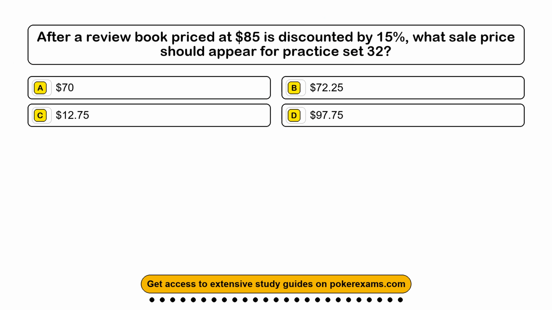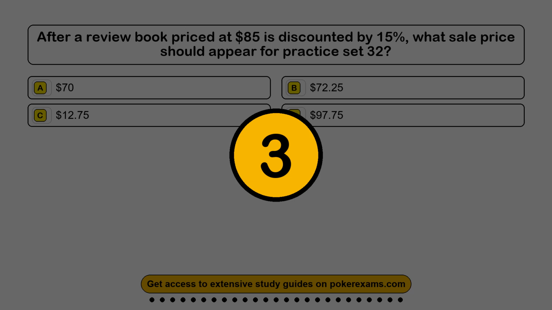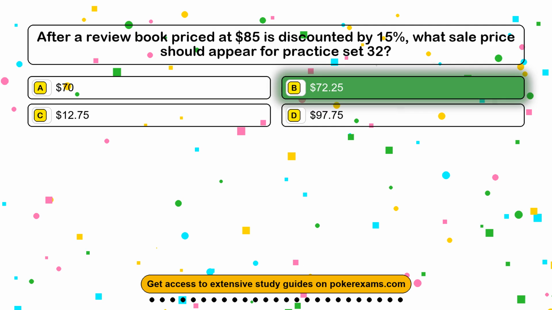Question 3. After a review book priced at $85 is discounted by 15%, what sale price should appear for practice set 32? Option A, $70. Option B, $72.25. Option C, $12.75. Option D, $97.75. The correct answer is option B,